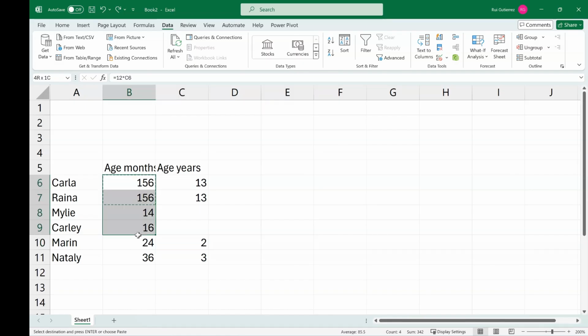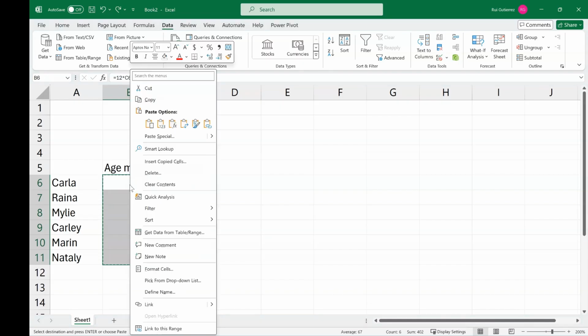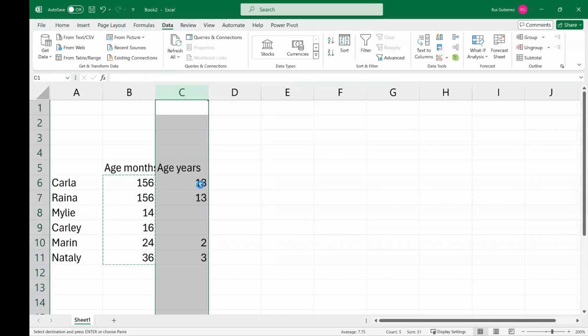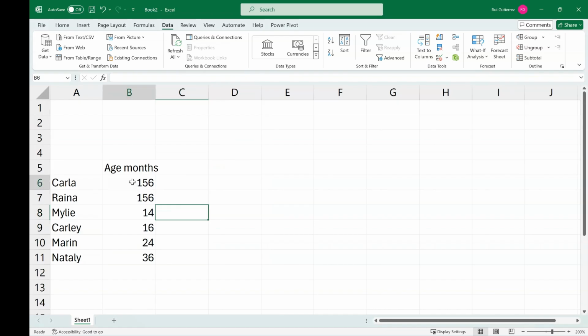To fix that, we're going to select everything. We're going to press Ctrl C to copy it. We're going to right click on the top of it, and we're just going to paste the values. So now we can delete the patient's age in years column. And we have the same information now, all numeric values, and everybody's age is now recorded in